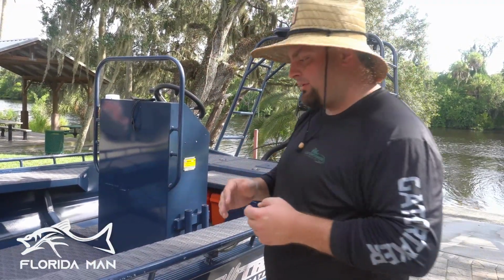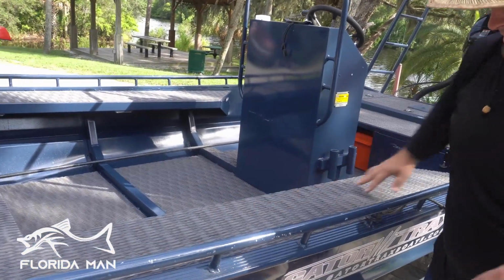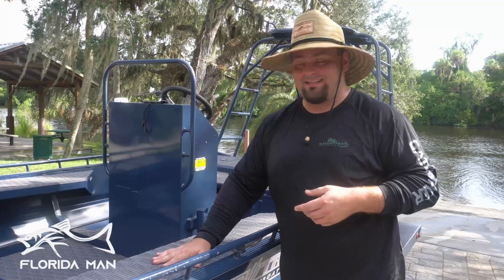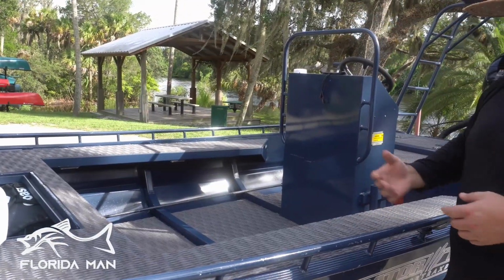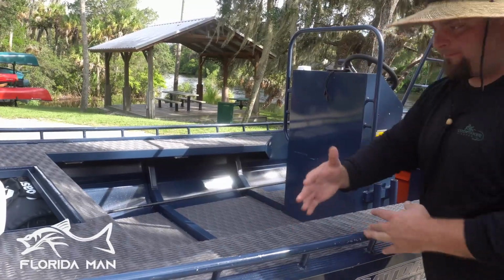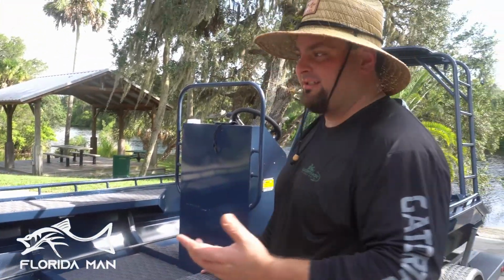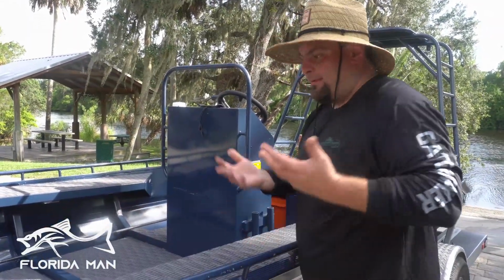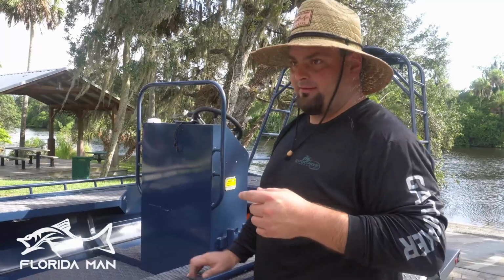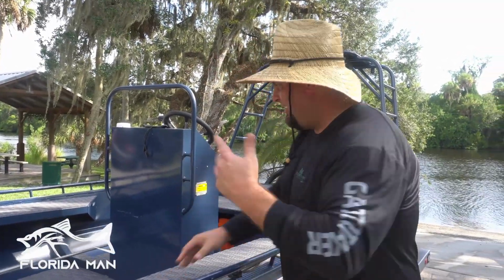The second regret building this boat is this right here. I wish I would have made this a storage space instead of having it open underneath. I had a grand idea of being able to roll an alligator up under there, and it doesn't work out. So on my next one that I build, that will be closed. This will be storage space, deck will be back. But that's on the next build, which with my wife's approval will be in a year or two. So moving on to the back,